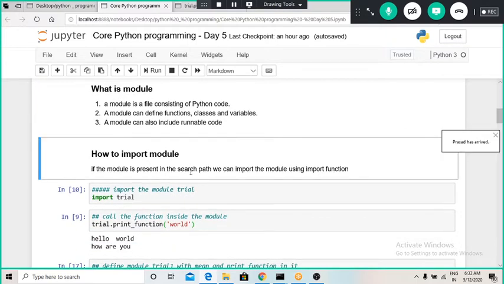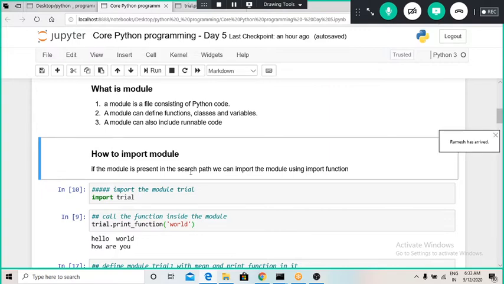So how do we import a module? If a module is in library format, then we can import it anywhere using the import statement. Consider there is a very famous library for mathematical operations named NumPy, and I want to import it.